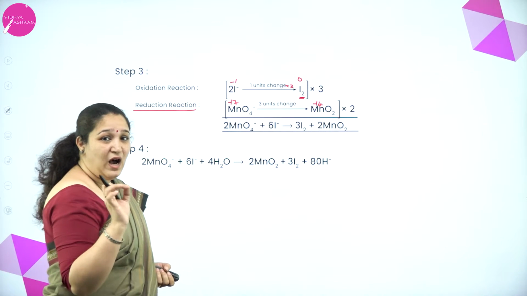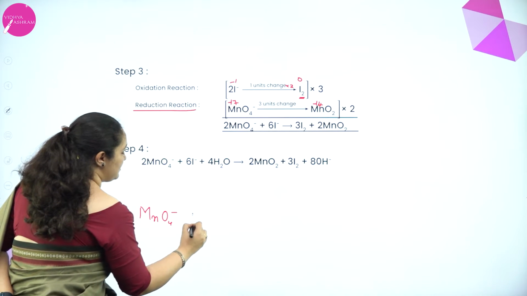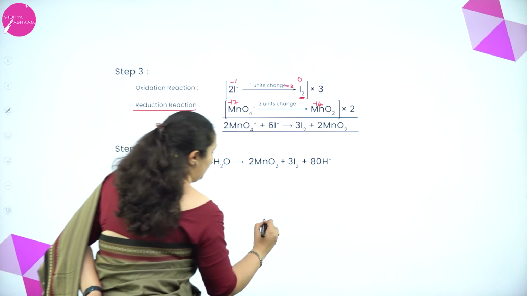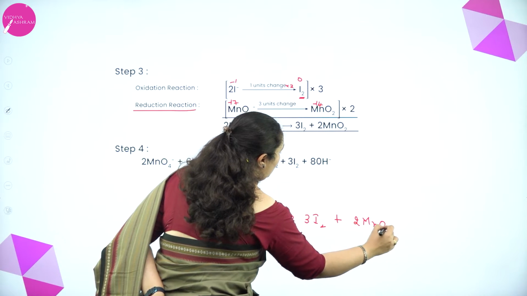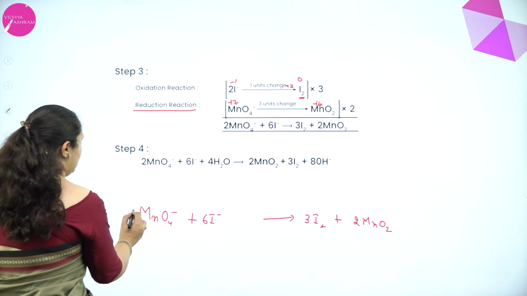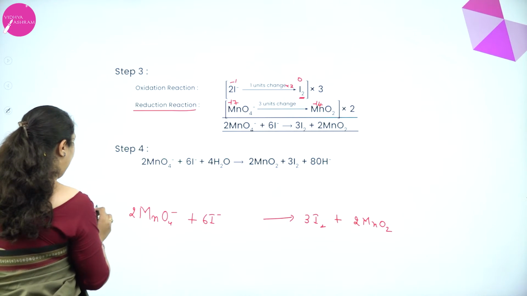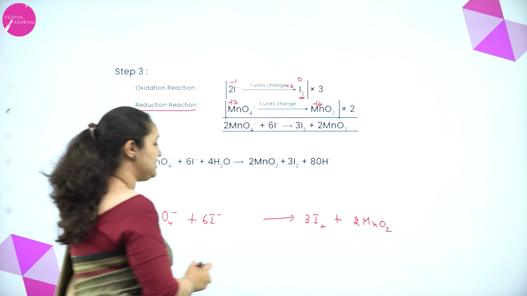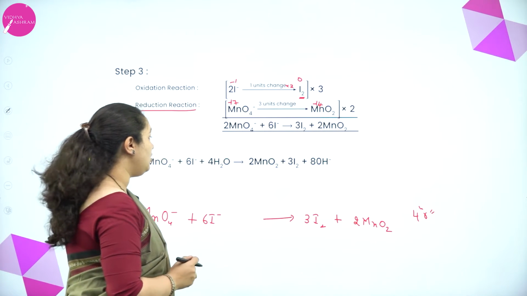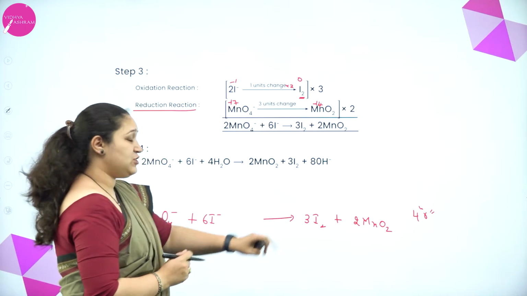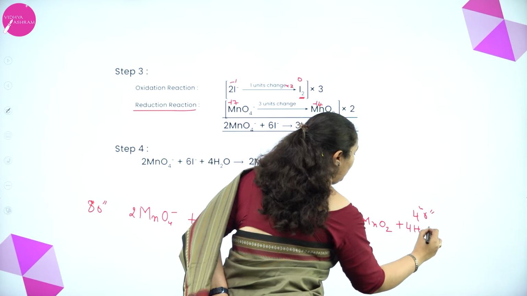So last step, how do we do? I'll write and show here. Okay. See, 2MnO4 minus, 6I minus giving 3I2 and 2MnO2. Sorry, this is 2, 6, 3 and 2. So 4 2s are 8 oxygen atoms I have, whereas here 2 2s are 4 oxygen atoms I have. Okay. Now there it is deficient of 4 oxygen atoms. So I'll add 4 H2O.